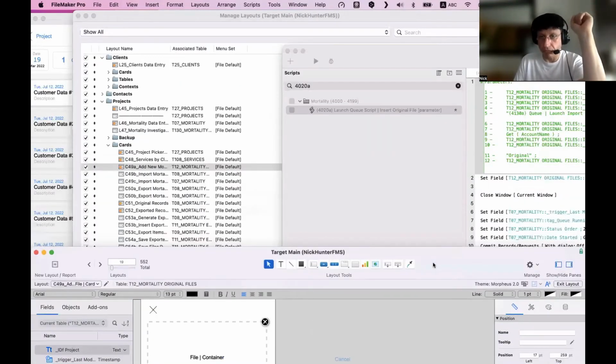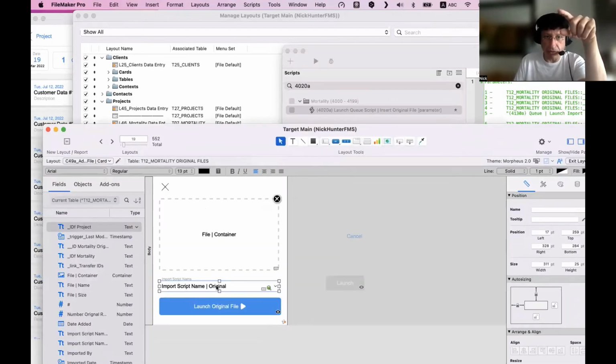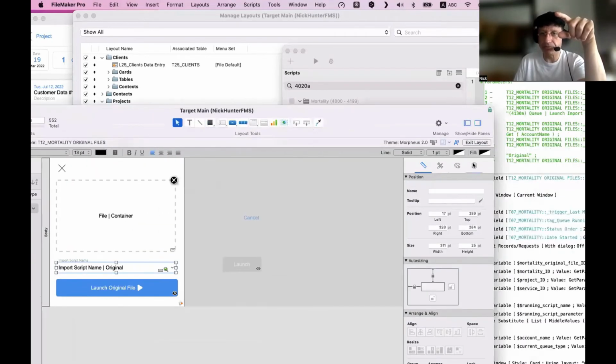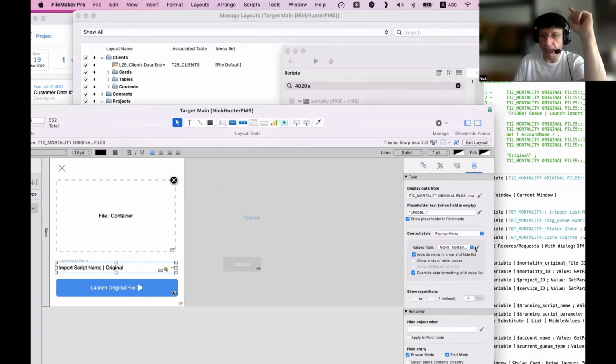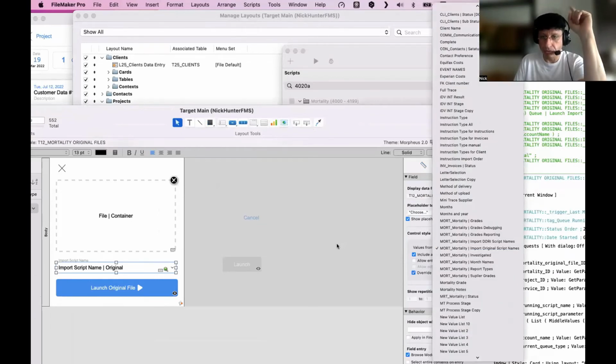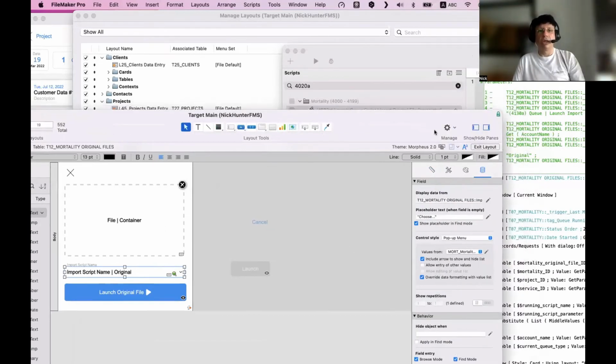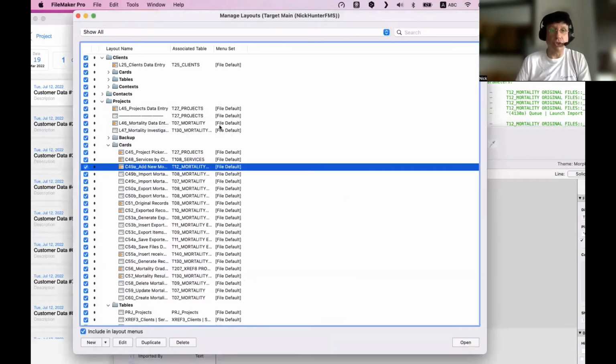So I have a field with a value list, right? Which goes to... I don't know if I can show you the layout.